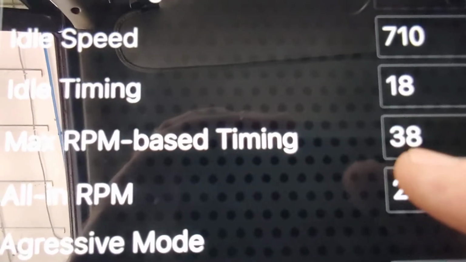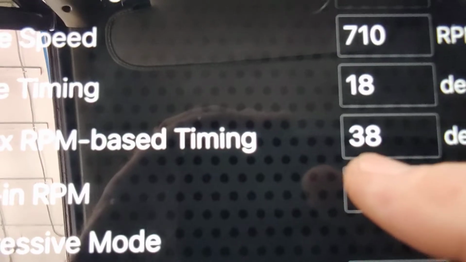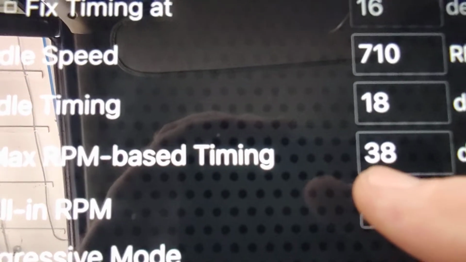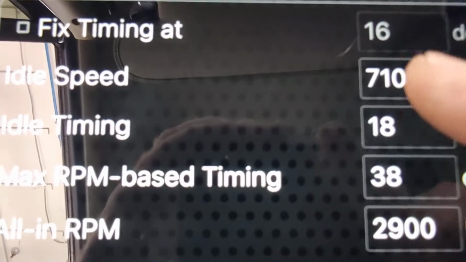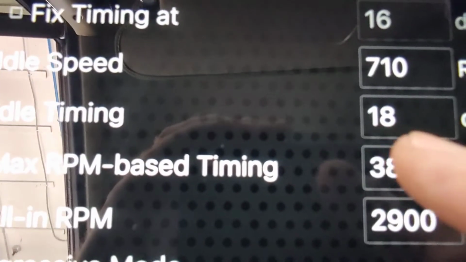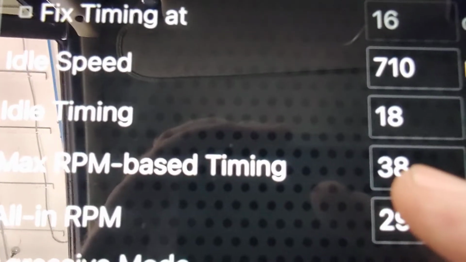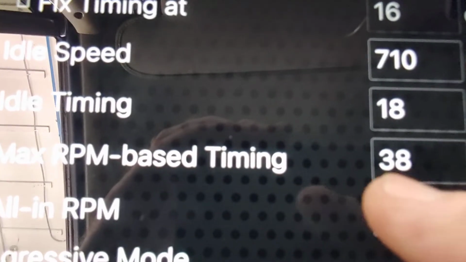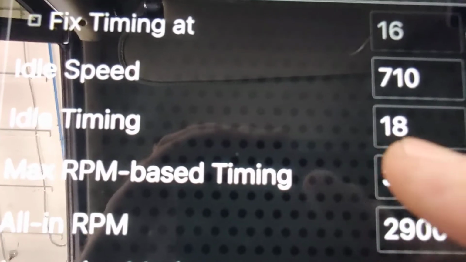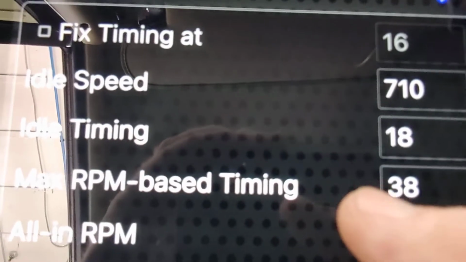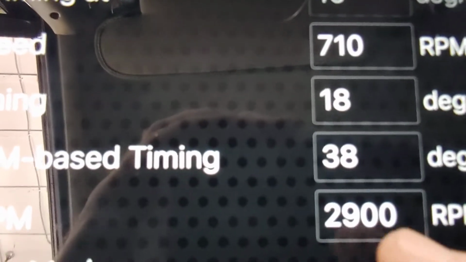Like we were saying yesterday, if you've got a crate engine, a current crate engine like a 383 stroker or an LS engine, they're only going to want 32 degrees, 32 to 34. So they still like to have 16 to 18 initial, but they want a total of 32. So instead of having to change the bushings inside the distributor to make that happen, you just simply put, okay, I want initial 18 degrees, and I want total timing at 38, and I want it all in by 2,900